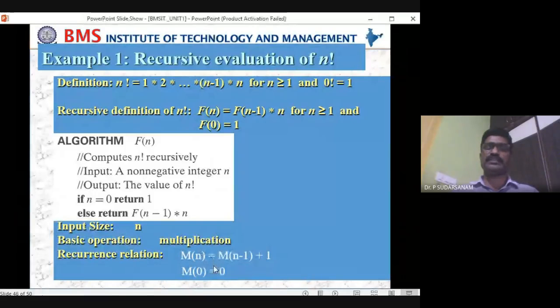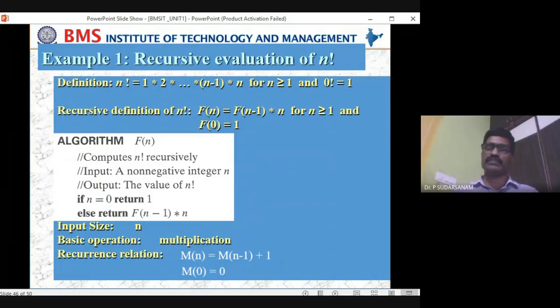Now m of n is equal to, so the right hand side is whatever you have written. So m of n minus 1, can you write it now? Yes, sir. Now into n is nothing but one number. Every time one number only. So I added that one number as plus 1. That is one number, one integer. That's it. Okay, sir. So that is the way of writing.